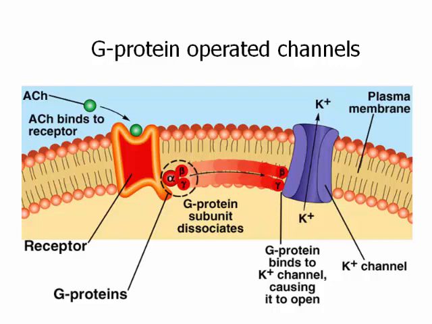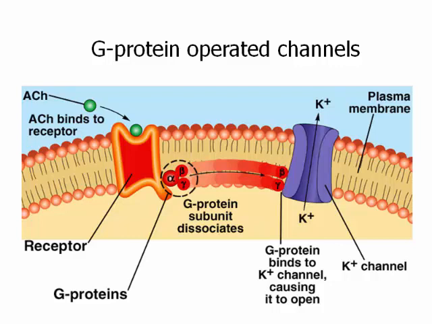Okay, now we get a little harder. In this story, it's called a G protein operated channel. Acetylcholine comes this time and binds to a receptor, but the receptor is not a channel. This receptor instead stimulates some proteins here called G proteins. I don't know why they're called G proteins, probably named after somebody. You know how that goes. Then when these are triggered,